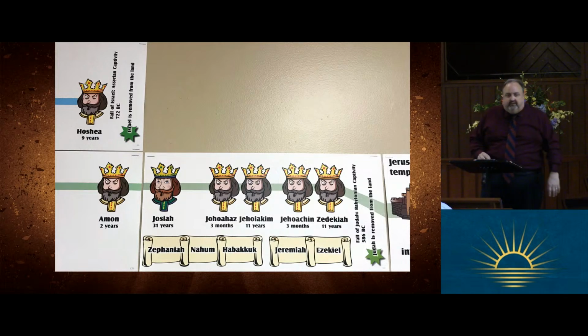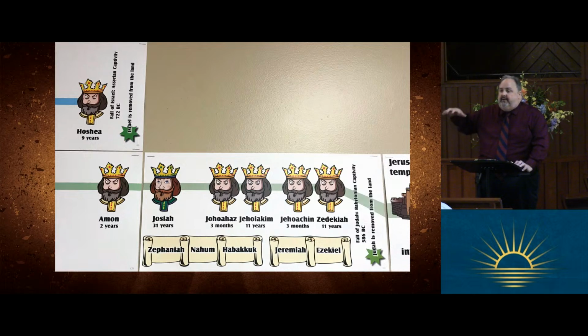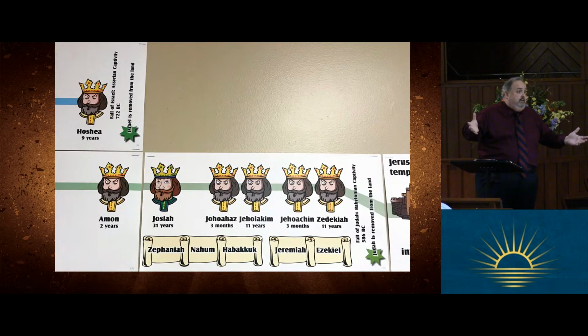And on this chart, it's got a date of 722. And that's when Assyria, not Syria, but Assyria, defeated the northern kingdom of Israel, made them a vassal nation, and deported them, scattered them all throughout the Assyrian Empire. And you hear the phrase, the lost 10 tribes of Israel. That's basically what it's describing. They lost their tribal identity.